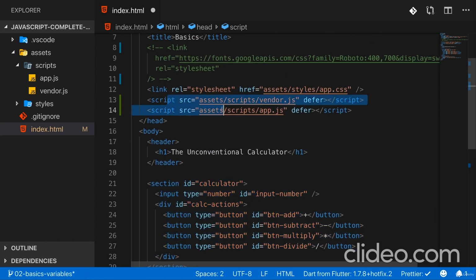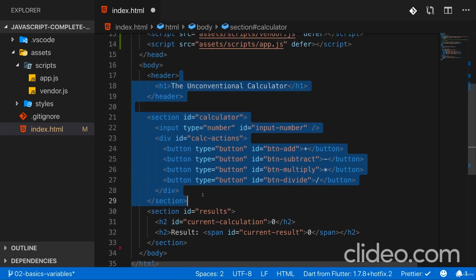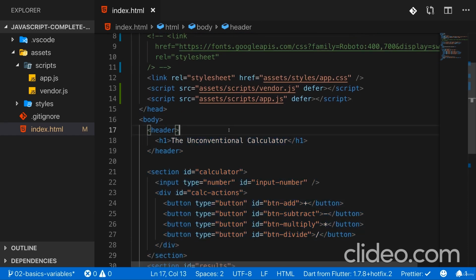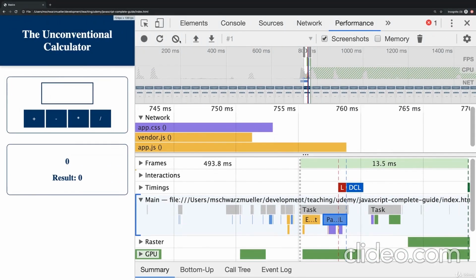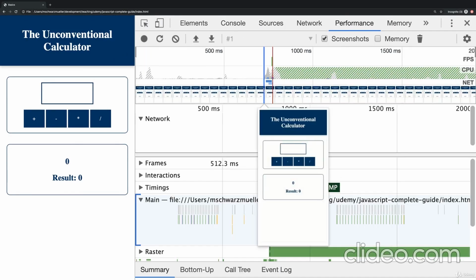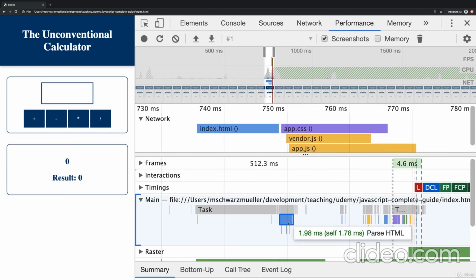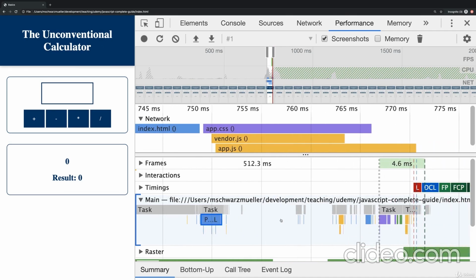So it starts downloading early, but it doesn't execute the scripts right away once they finish downloading. Instead, it guarantees us that it only executes the scripts once they were downloaded and once parsing HTML finished. So if we now save this, we go back, clear this again and create a new snapshot, reload, stop. If we now zoom in here, we see the HTML file is downloaded, we start parsing it, and then here what happens is that I download all the scripts